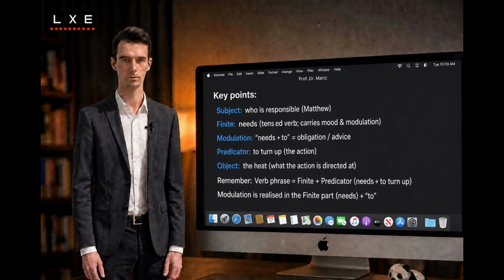First, modalization. This concerns probability and likelihood. It answers the question, how likely is this? Modalization is realized by modal meanings expressed through verbs and auxiliaries: might, could, probably, certainly, will. Examples: this playlist might be useful, low probability. This playlist will be useful,